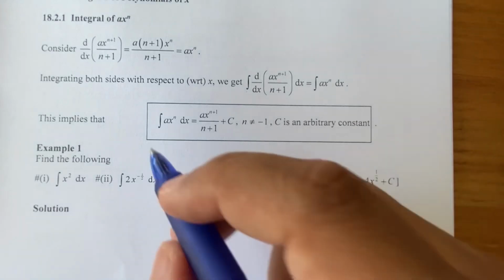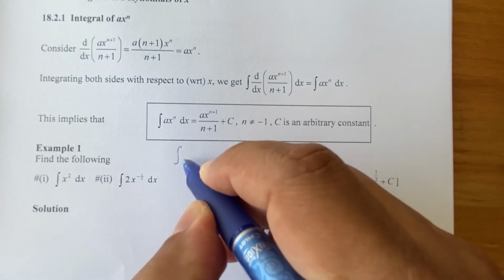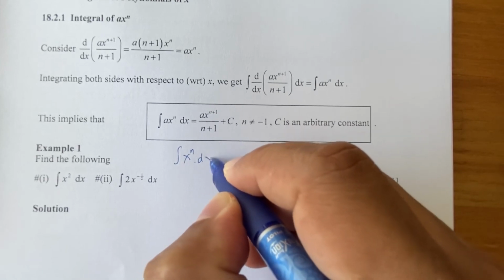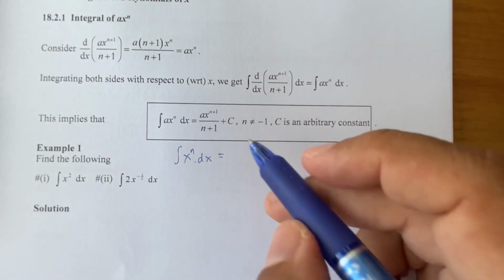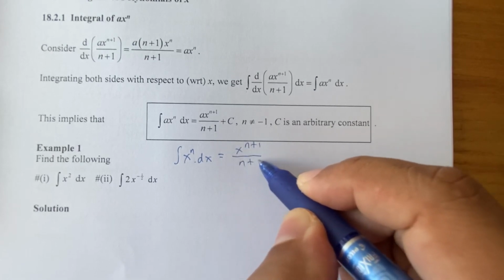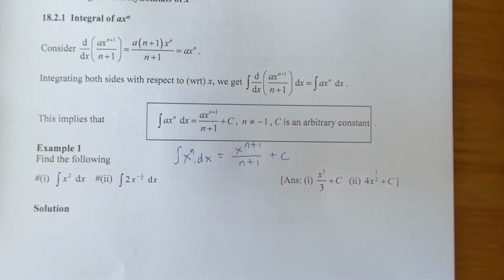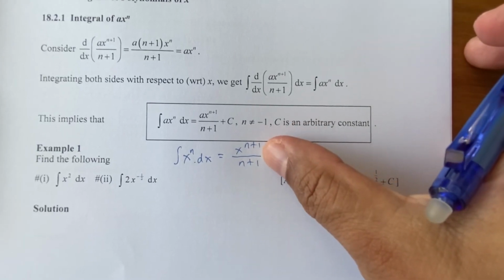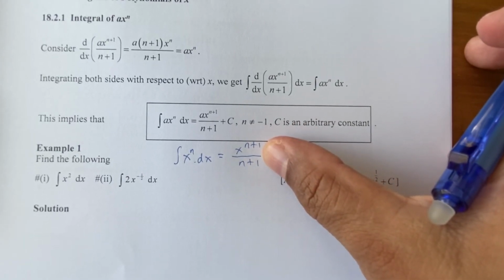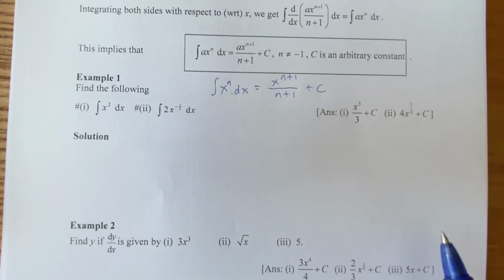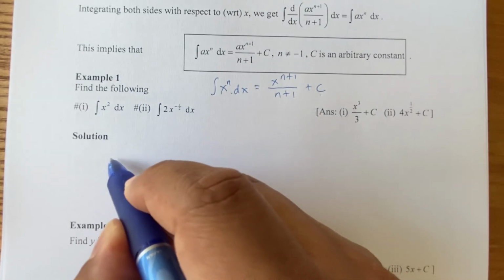Now, another formula that I want to share with you is that if this is just x power n, we integrate with respect to x, we are going to get x power n plus 1 over n plus 1 plus c. c will be the arbitrary constant. Now this is required. Without this, you will be penalized. Okay. So what to do with example 1? If I want to find the integral of